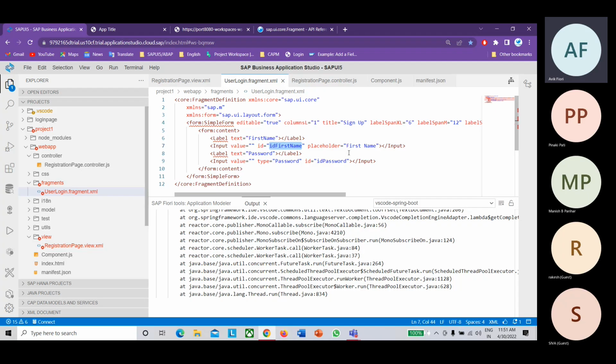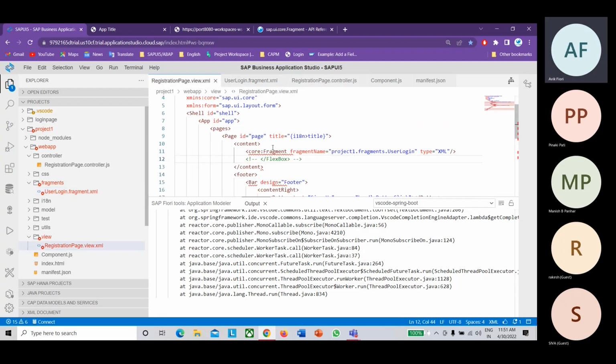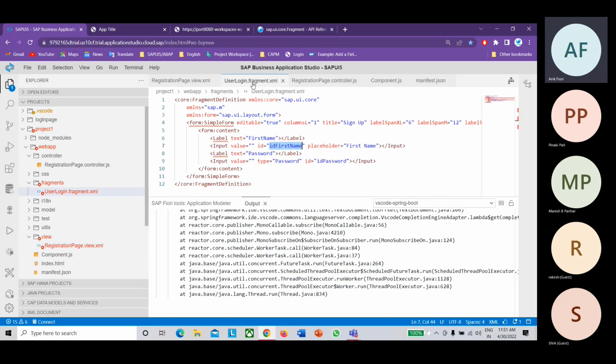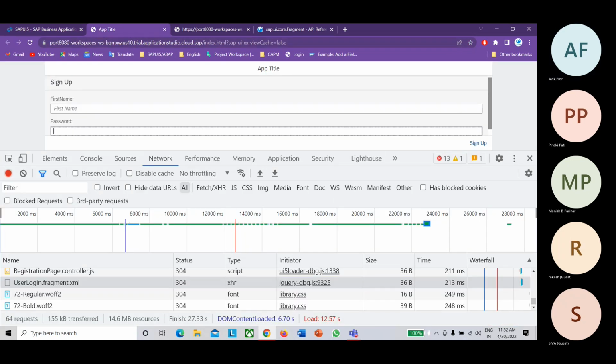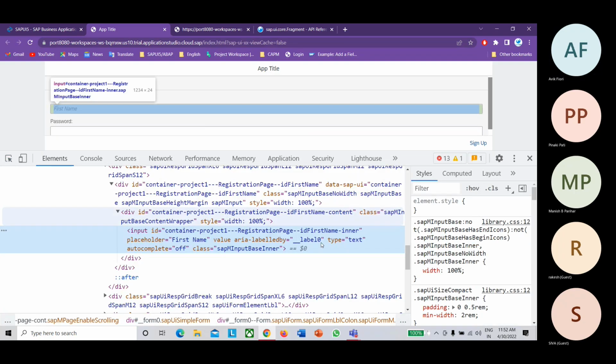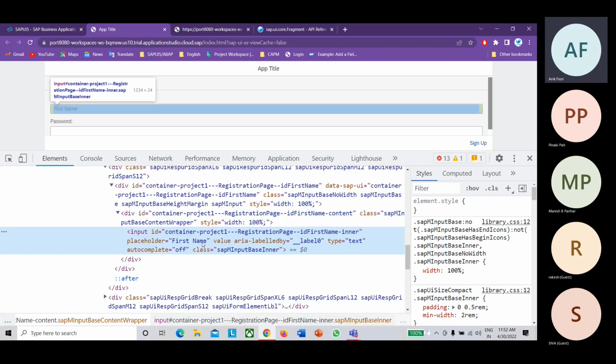So what UI5 will do is make sure that whatever ID you have declared inside the fragment is prefixed with the view's ID. For example, for the first name we have already provided the ID. Let me inspect. This is how I can inspect.